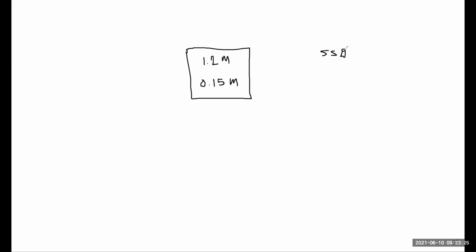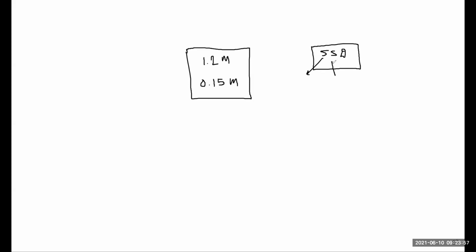I already discussed the first type, that means SSD. What do you mean by SSD? SSD means stopping sight distance, S for stopping, SD for sight distance. Stopping sight distance is the minimum distance which is visible to a driver on a road to safely stop his vehicle without a collision with another obstruction or with another vehicle. So basically, I defined SSD.